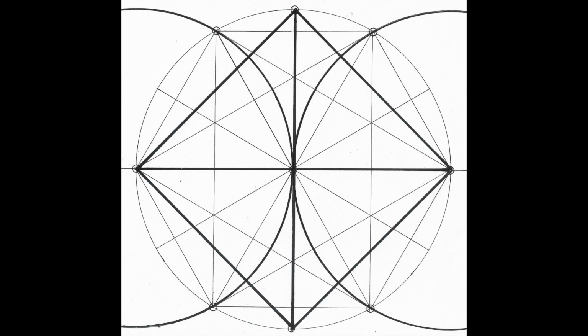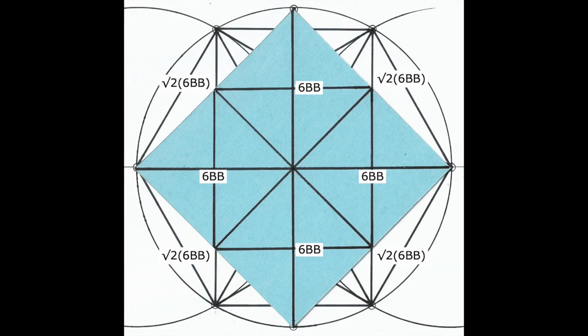There is one more shape that is embedded in any series of self-organizing circles: the square. Connect these four LICs and a new primordial number is revealed, the square root of 2. The long axis of the square and its edge will always have a square root of 2 relationship. Here, the long axis of the square has a 12BB length, and the edge is the square root of 2